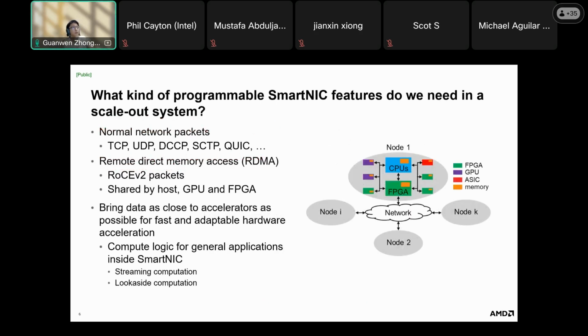And what kind of programmable SmartNIC features do we need to scale out? The first thing we need is to support normal network packets in the SmartNIC, for example, TCP, UDP. The second thing is that we need to support RDMA traffic. This RDMA engine should be shared by the host, GPU, FPGA, and other ASIC